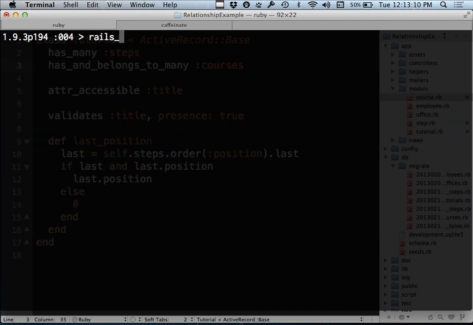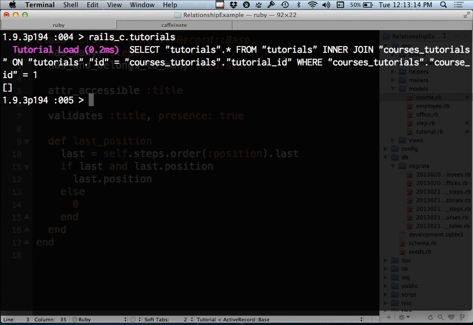Rails_c, which is my Rails course. If I ask for its tutorials, I get an empty array. For the Rails tutorial, if I ask for its courses, I get an empty array. If I say to the Rails course, in your list of tutorials, push in the Rails tutorial,